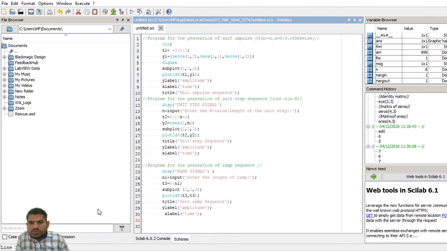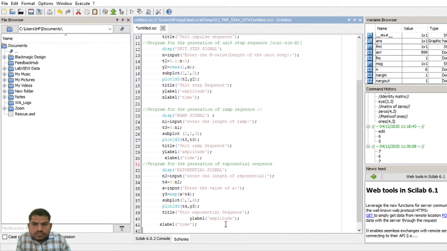Now I am writing the program for exponential signals. Suppose n2 is the length of the exponential sequence.